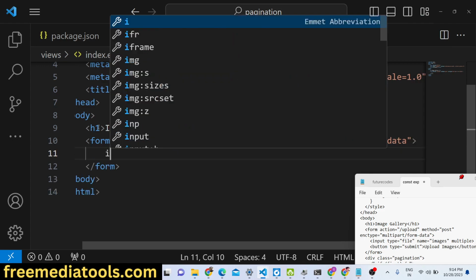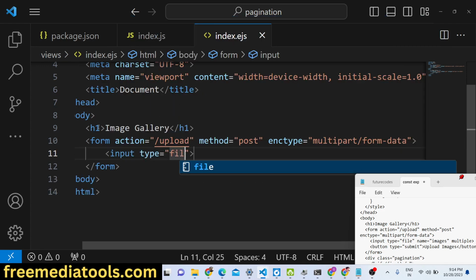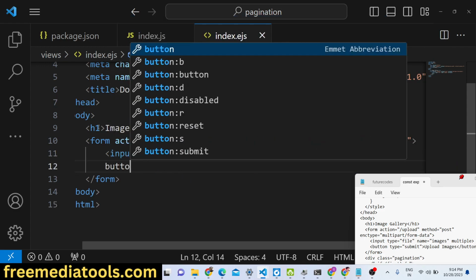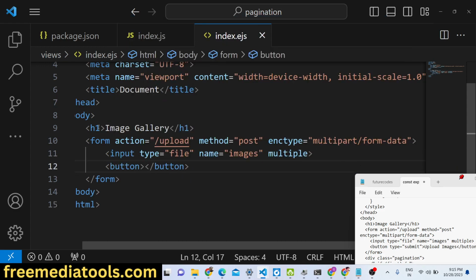So right here guys, we will basically have input type file. For the name attribute, we just need to give images and multiple. So here we can upload multiple files, select multiple files, and then we will have a button right here which will say upload images. So button type will be submit,